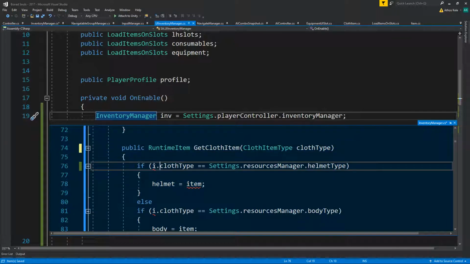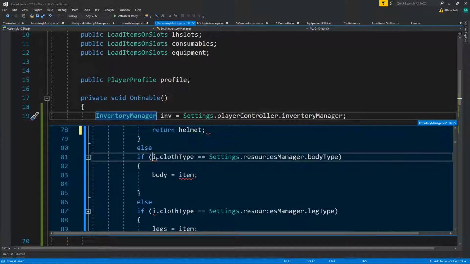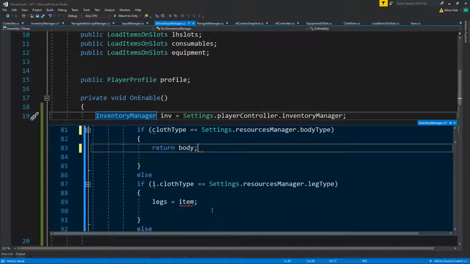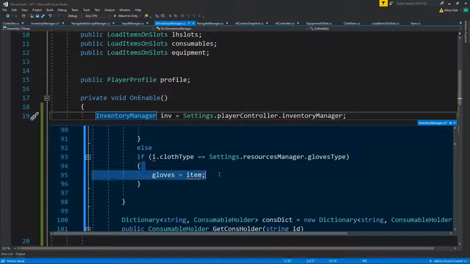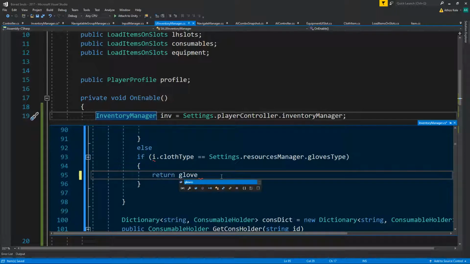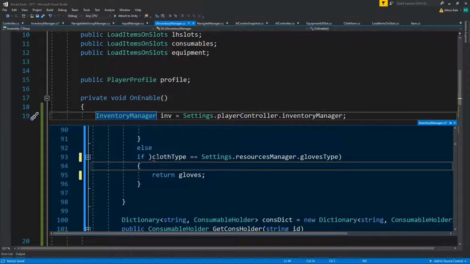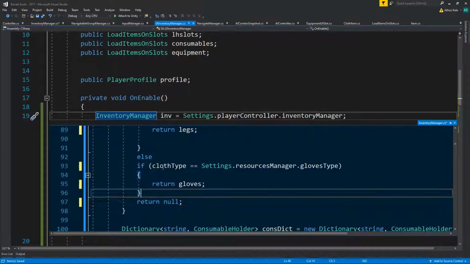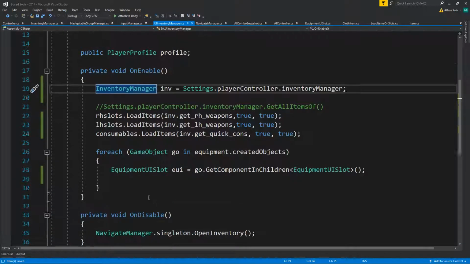So here we will say cloth type return helmet, cloth type return body, return legs, return gloves, otherwise return null. Okay, so close that. And here we will do